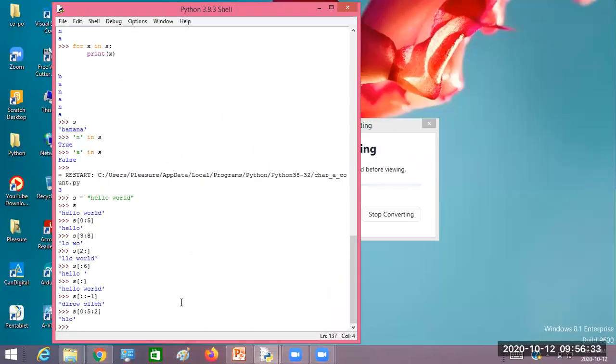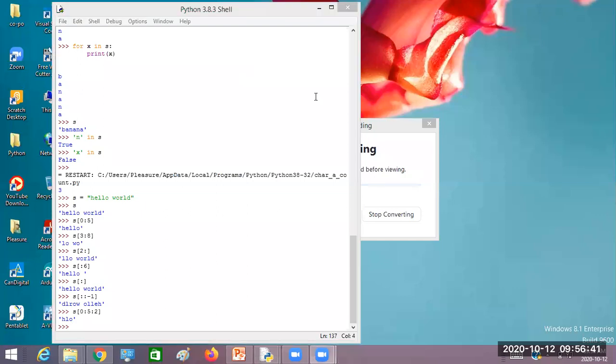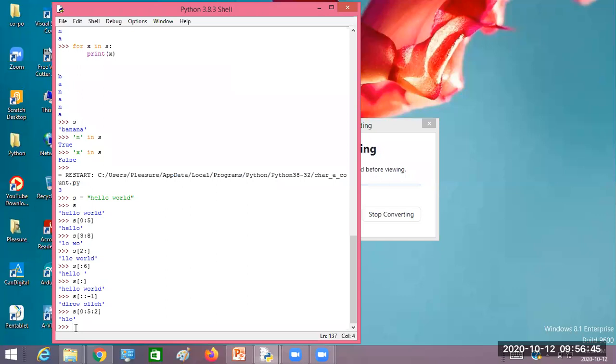Right. So I was discussing the relational operators. What you must understand here is an advantage of the Python programming language. Relational operators can be used with numbers, with floating point values, and also with string data.